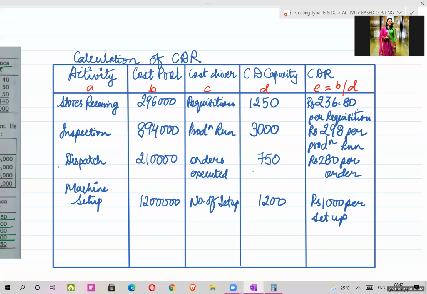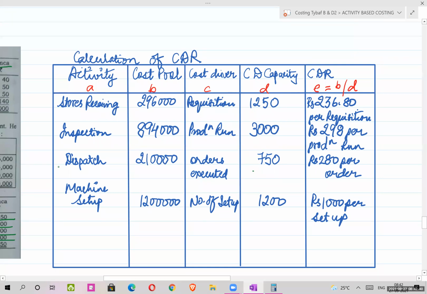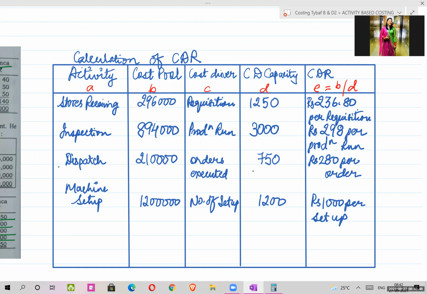Have you noted down the calculations so that I can move on to the calculation of total cost? Yeah, ABCS is all about identifying your activity, identifying the cost pool, the cost driver, and the cost driver rate. Okay, you're still noting it down. Fine.